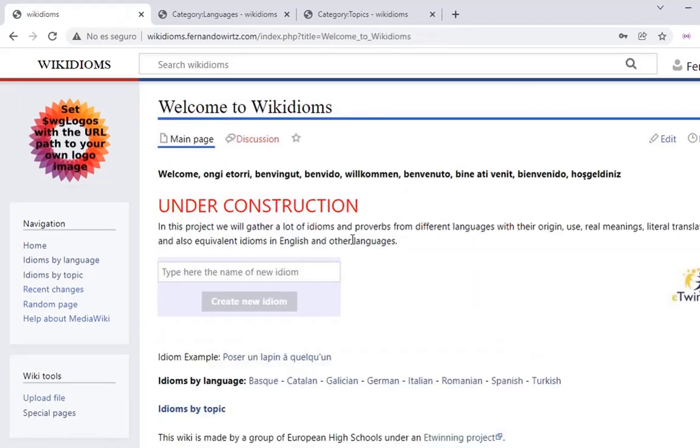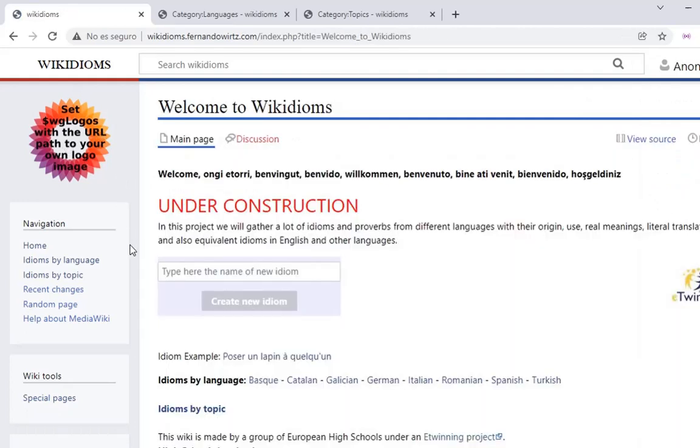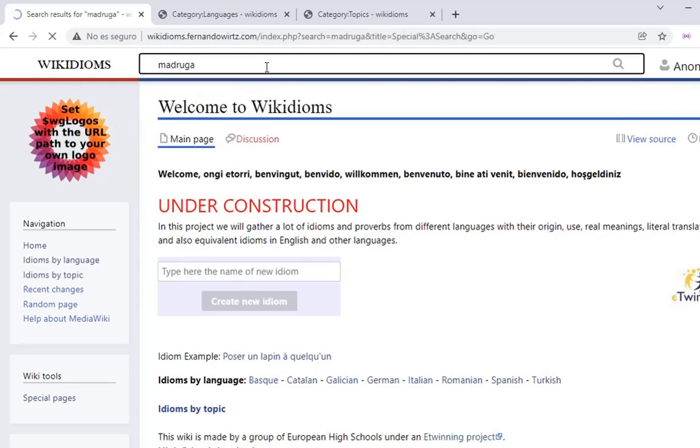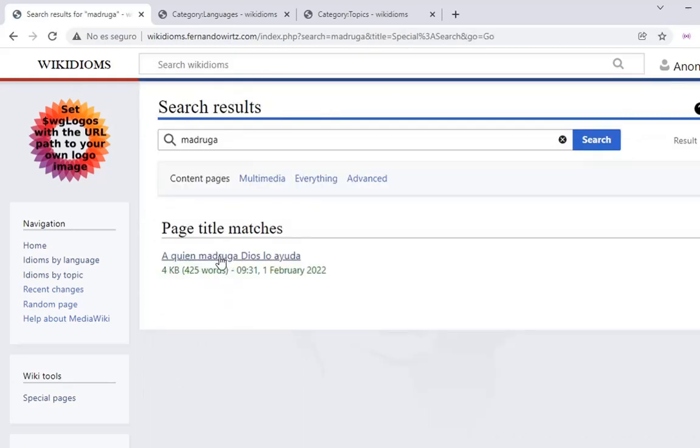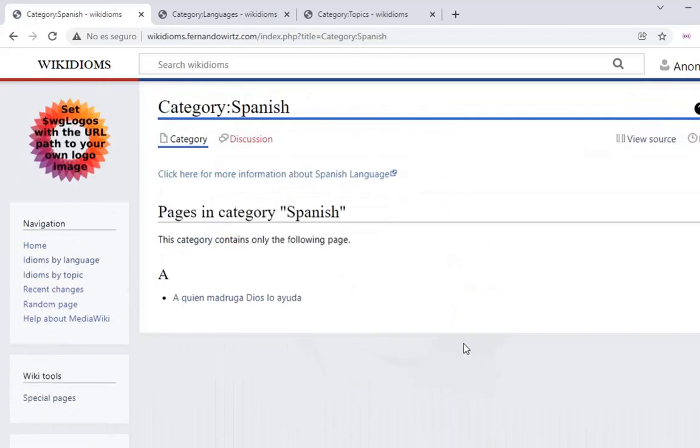Well, and anytime you want to edit or change a previous idiom you have made, it's easy. I'm going to disconnect my account. For instance, we are in the main page and we have to search for these previous idioms. We can do it in several ways. For instance, we can put here a word, Ruga, and I have here the idiom, and I can also search idioms by language, search my language, Spanish, and